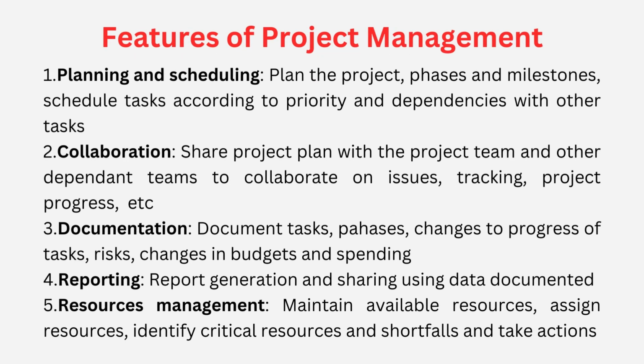Next, we will see the features of project management. These are the things we do when we manage a project, right? So we do planning and scheduling. We need to plan the project, phase it, put in milestones, and then schedule tasks according to the priorities and dependencies with other tasks. And then we do collaboration. We need to share the project plan with the project team and other dependent teams to collaborate on issues, track the project progress, update the status,